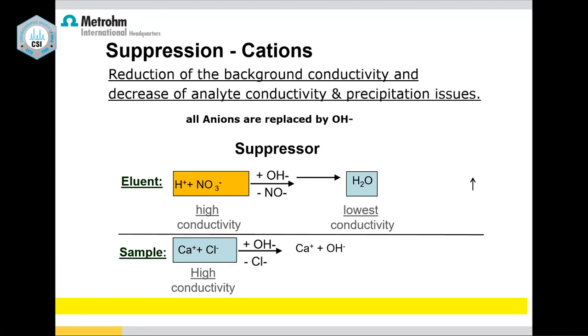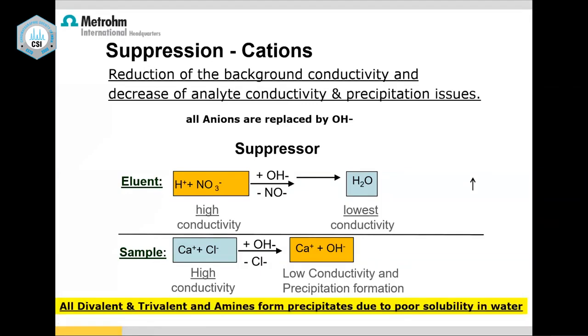Now, if I inject sodium chloride, it will come out as sodium hydroxide. Fine, it is soluble in water. Similarly, potassium chloride will come out as potassium hydroxide. It is soluble in water. But the moment I go to the divalent ions or trivalent ions or amines, any form, even primary amines up to quaternary amines, their hydroxides are poorly soluble. So what happens? It leads to precipitation issues, and to a slight extent they reduce the analyte conductivity also. So there is a slight dip in the sensitivity.